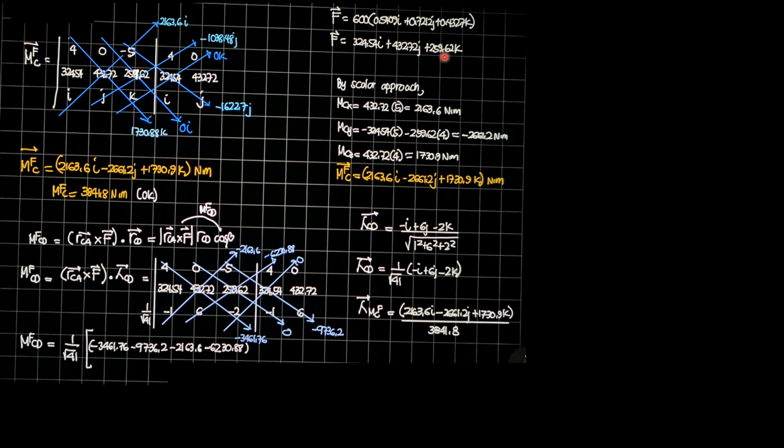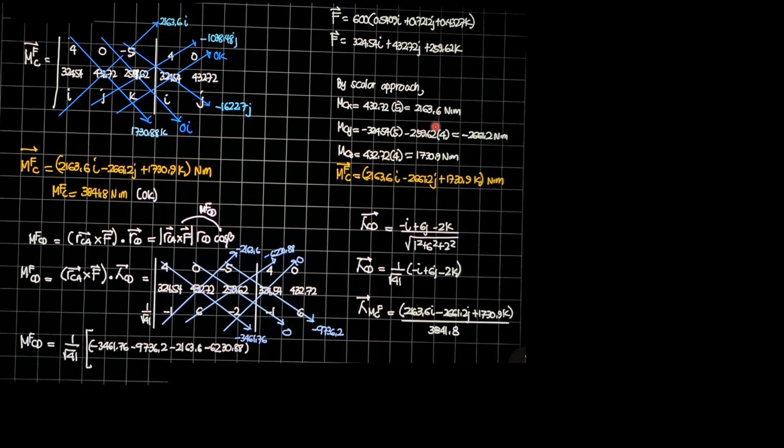This component of the force passes through the Cx axis because point C and point A lie on the XZ plane and therefore the same floor, so it has no moment. Only this component has moment, and it is positive: 432.72 times 5 meters, the Z distance, is 2160.6 Newton meter, just like this. So you may draw the figure again or go back to that figure so that you can analyze this